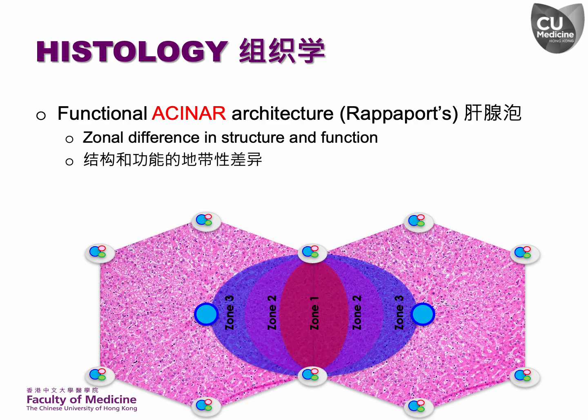Another acinar structure was proposed by Rappaport in 1954. It consists of a berry-shaped unit with a central axis formed by the terminal branches of a portal vein, a hepatic artery, and an interlobular bile duct. Blood from these branches drains into hepatic sinusoids, eventually reaching central veins at the acinus periphery. The acinus is divided into 3 zones, zones 1, 2, and 3, based on their proximity to these vessels, exhibiting differences in tissue oxygenation, metabolic activity, and enzyme distribution.